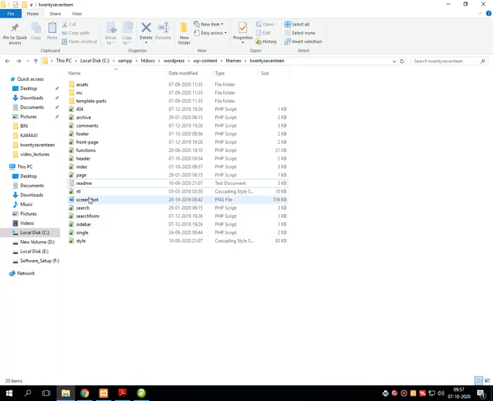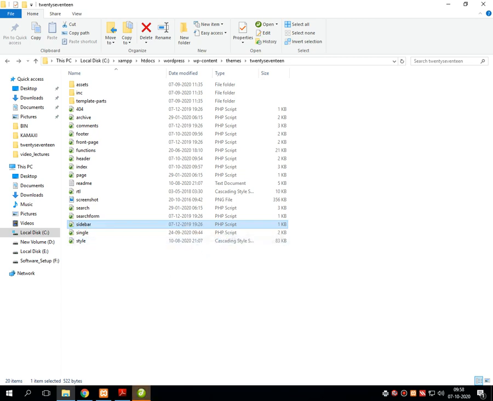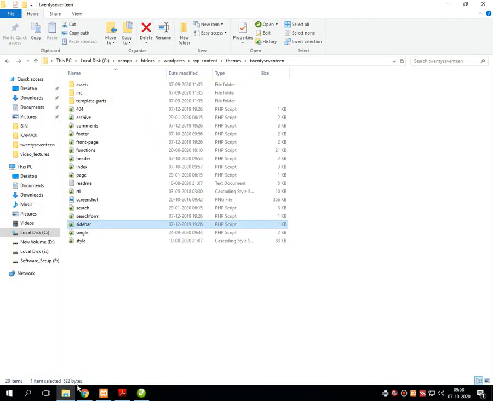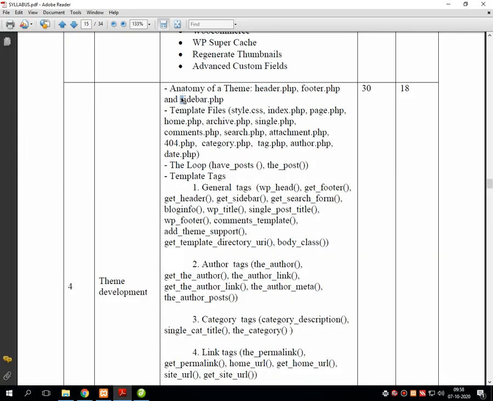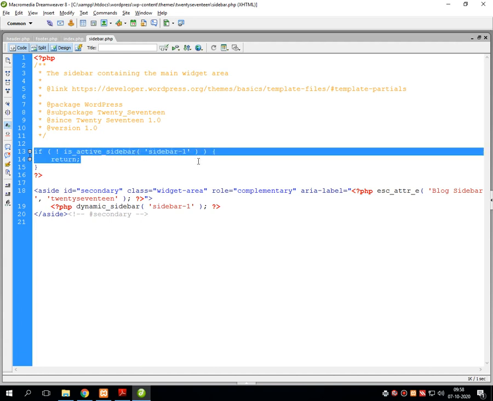Now same like that, there is a sidebar.php. Just open this sidebar.php.